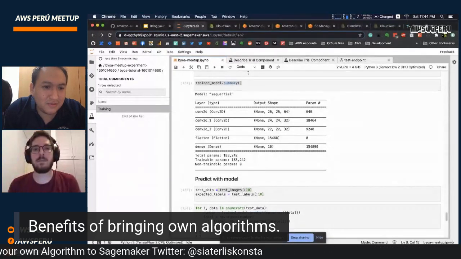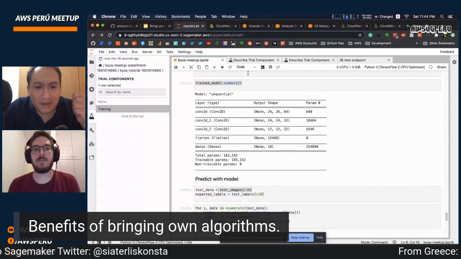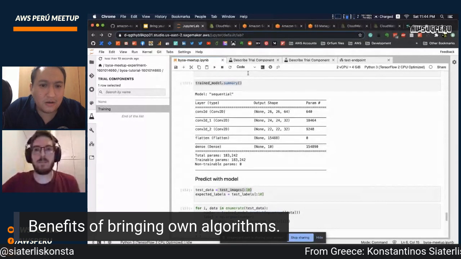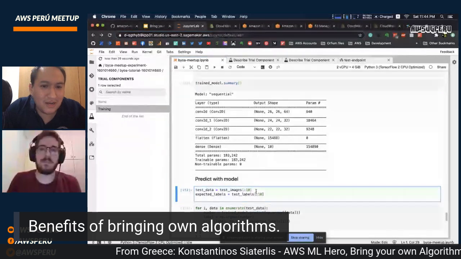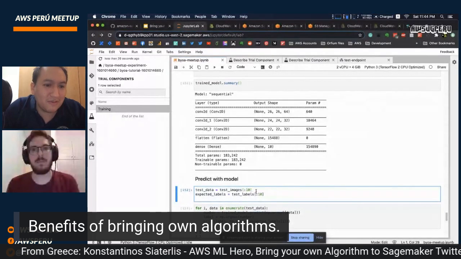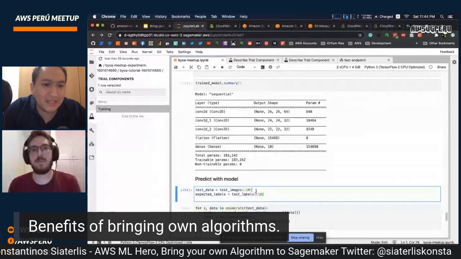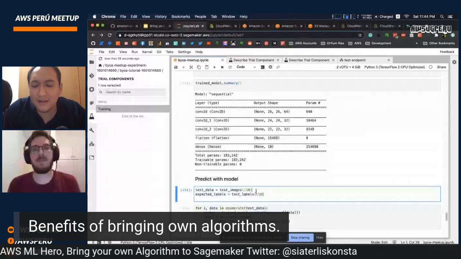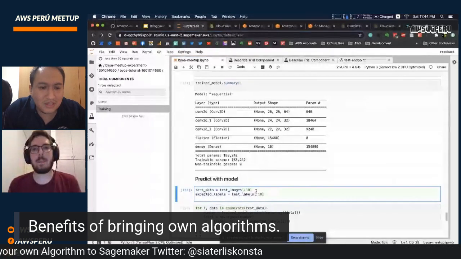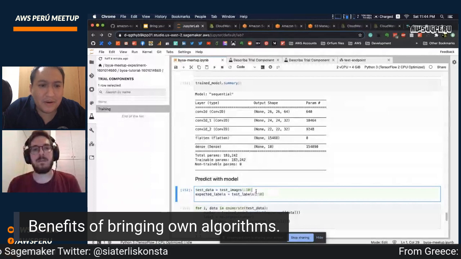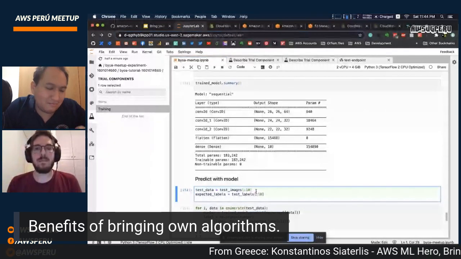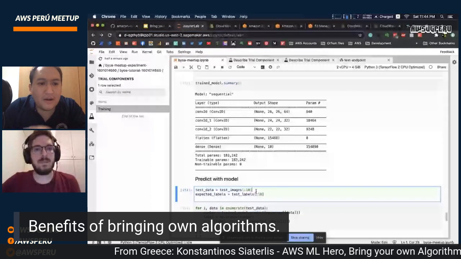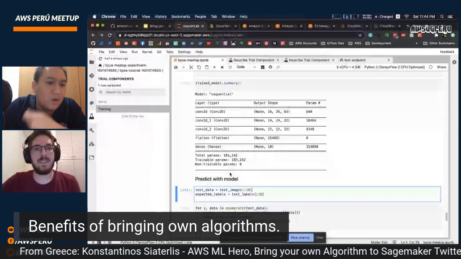If you're making a champion challenge, competing multiple algorithms at the same time with multiple Docker instances, or multiple hyperparameters, you can then deploy it automatically to SageMaker endpoints and go on with that.